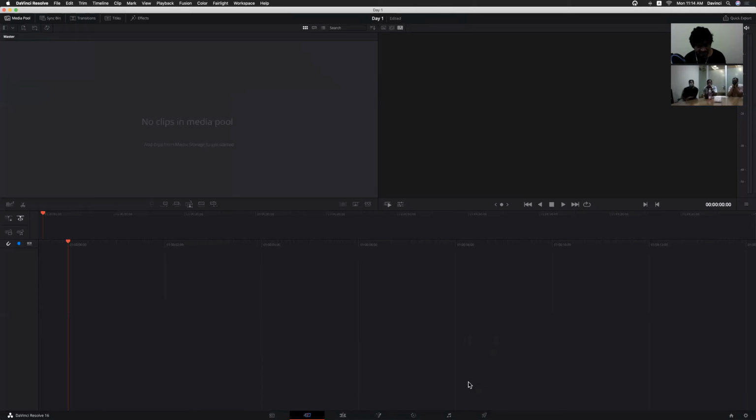So in the bottom section we can see all the rooms, right? Media page, cut page, which they recently added from version 16.1, and edit page. Then the fusion page, color page, fairlight page, deliver page. Most of the time we are working with the edit page and color page.